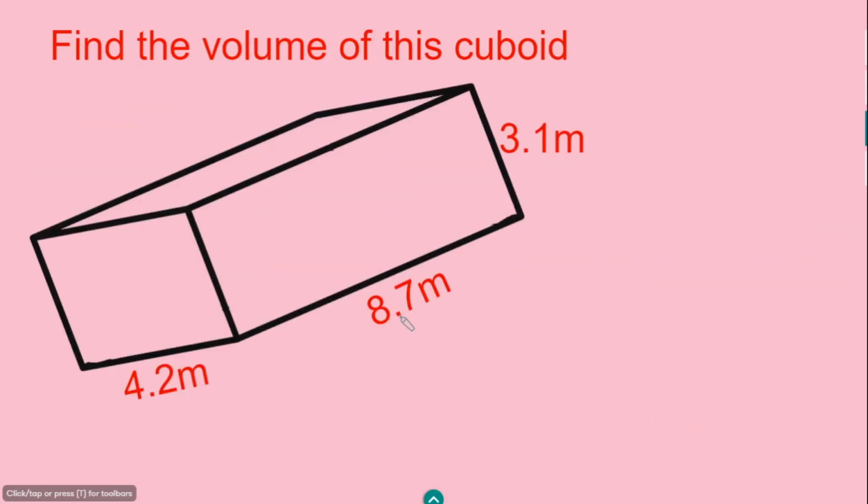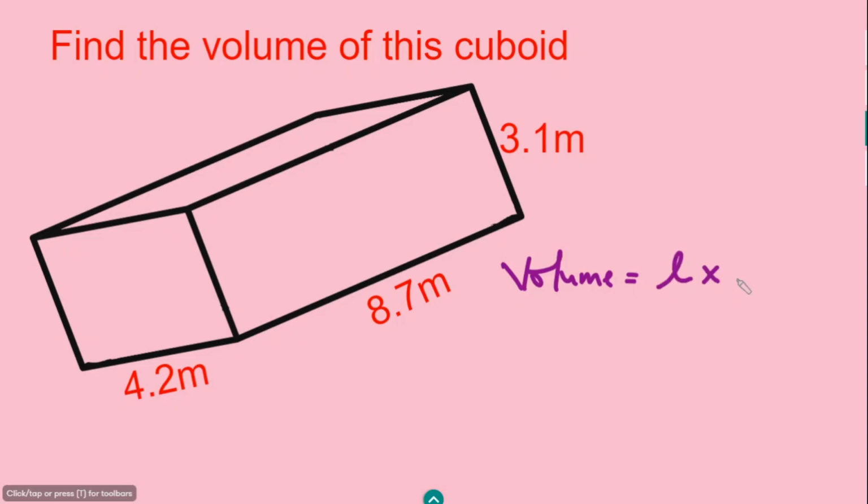We'll move on to the next question. We got a cuboid kind of flipped upside down or sideways with the dimension, the length 8.7 meters, the width 4.2 meters, and the height 3.1 meters. Again, to find the volume, all we need to do is to multiply the three dimensions, the length, the width, and the height. So we go, the volume,